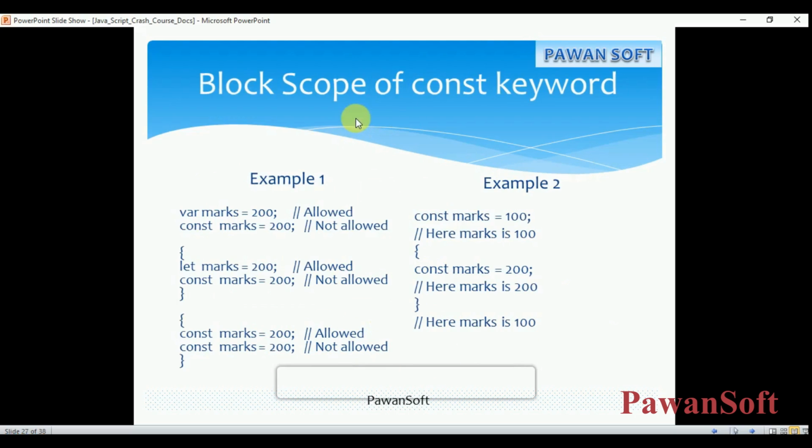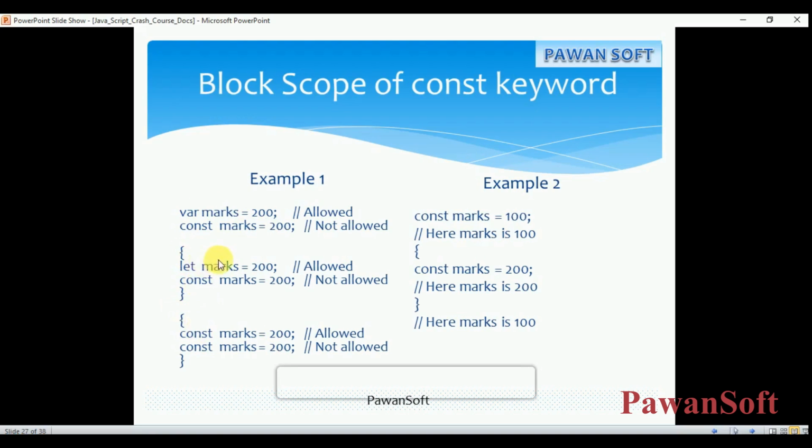See the different block scope of the constant keyword. Marks is 200 here, const marks is 200. So this is allowed, but this is not allowed because this variable has the global scope and this also has the global scope. So in the same scope you can't declare more than one time with the same name, right? This is local and this is local.